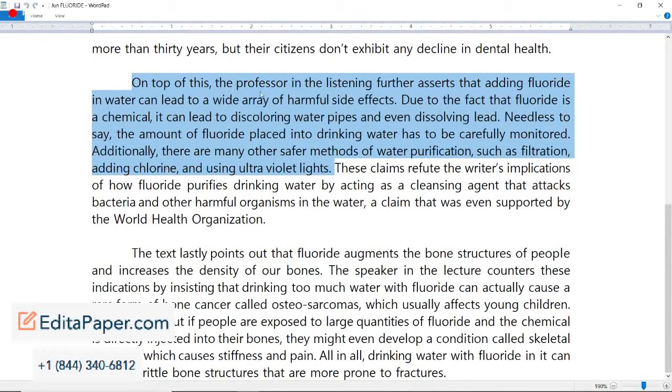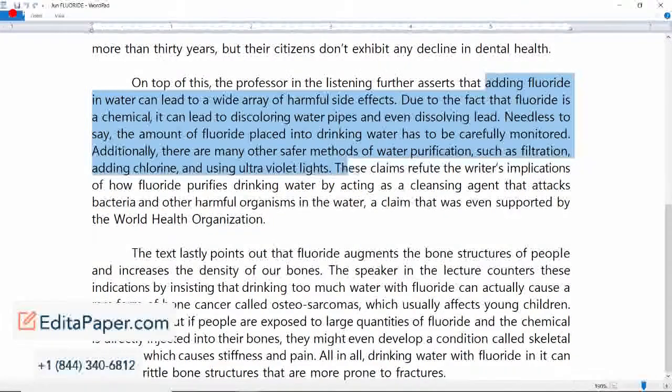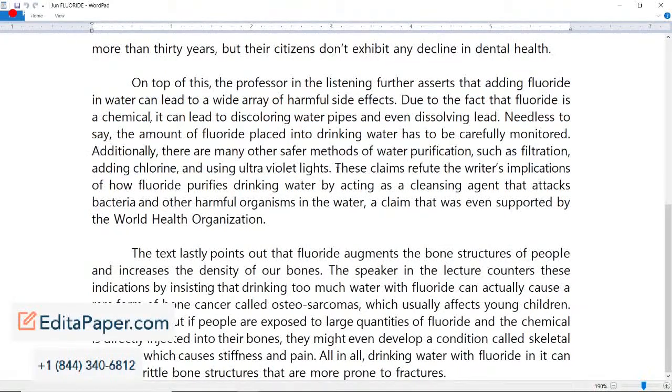Okay, a lot of students make mistakes when typing this section because they don't realize what they have typed. The professor in listening is an indicator of the lecture's information, but since a lot of students just turn off their brains and type the template, they make the mistake of adding the reading's information here, which is quite awkward. All right, so this is going to be the reading's second reason.